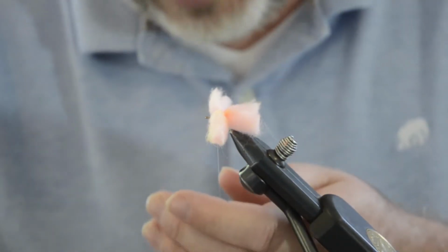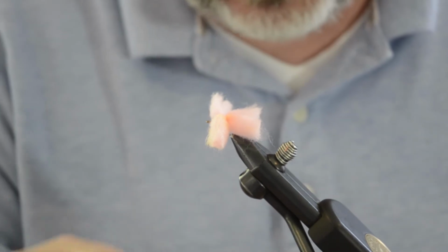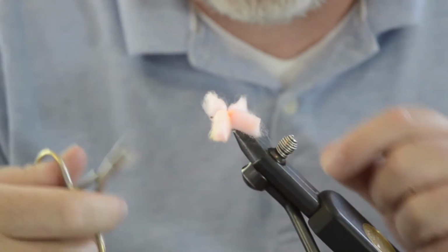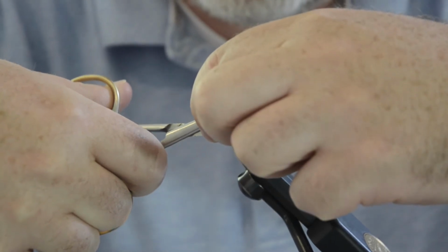You can put a little drop of cement in there if you want to, but it's usually not needed. I prefer using some curved scissors, but you can use simple straight scissors. The curve just helps give the curvature to the egg. What I do now is take the 2 tufts on the far side from me, pull them together, take the scissors, come in fairly close to the shank. This will give you the depth of the ball, and then cut